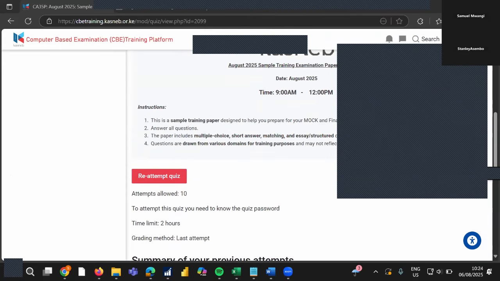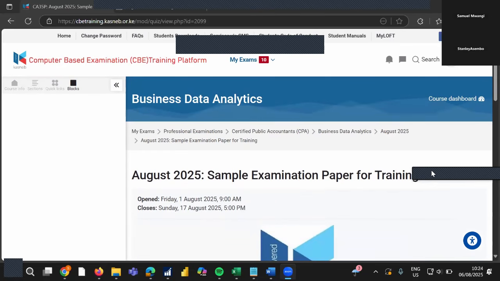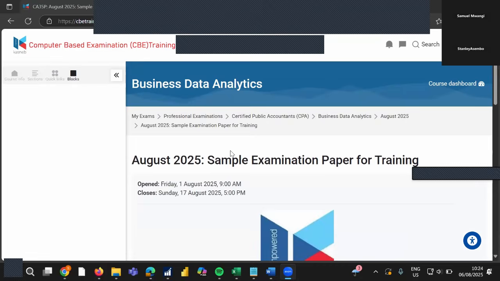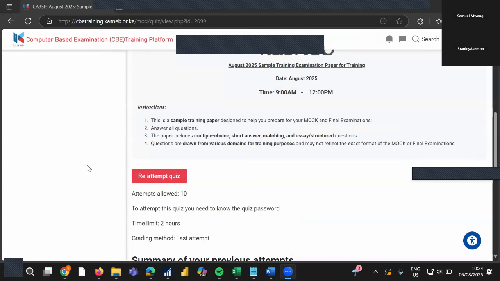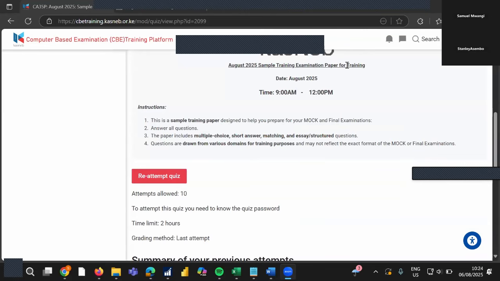So then I think that is basically it. That is how you navigate through this. That is how you attempt your questions. That is how you navigate through this platform. And I'll be maybe briefly taking you through the devices that are required for you to be able to undertake these exams. So in the past, how we've been doing it is that when you come for the exams,